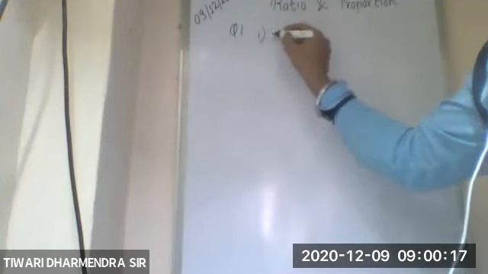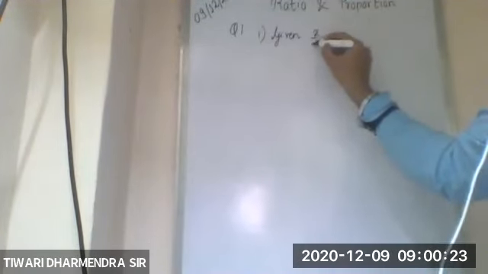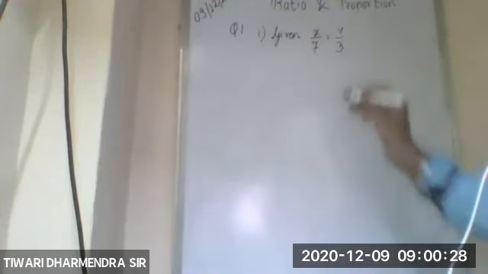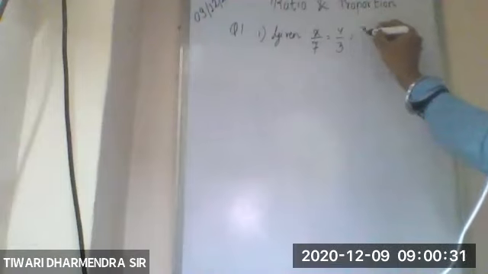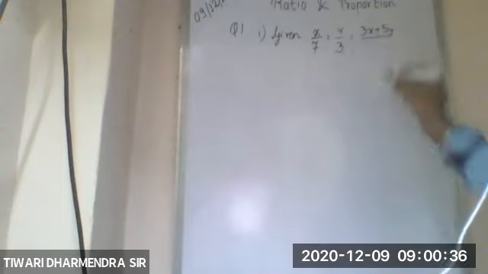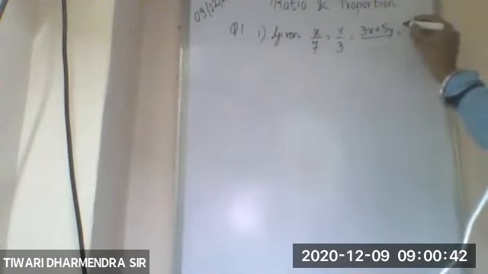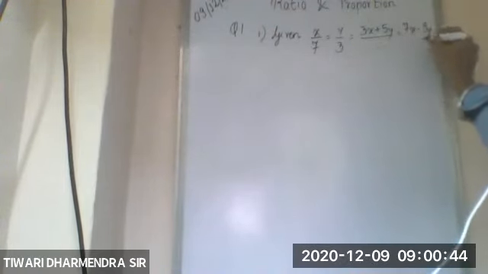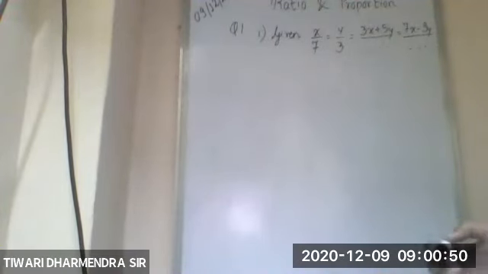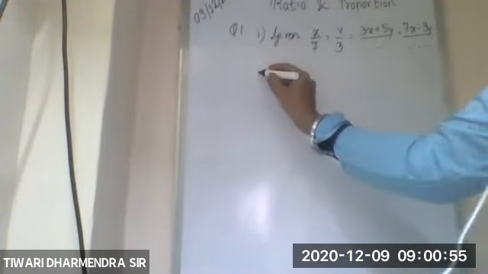first part. Given x by 7 is equal to y by 3 is equal to (3x plus 5y) upon blank, is equal to (7x minus 9y) upon blank. So we need to get the value of these blanks. 3x plus 5y divided by blank. So as per requirement, so therefore